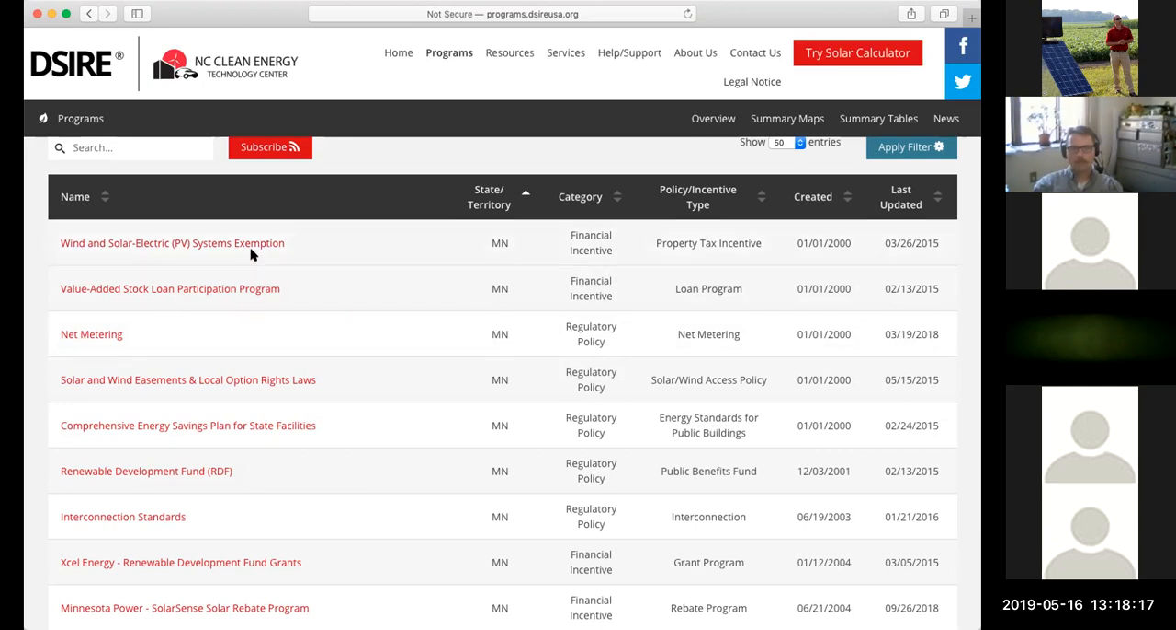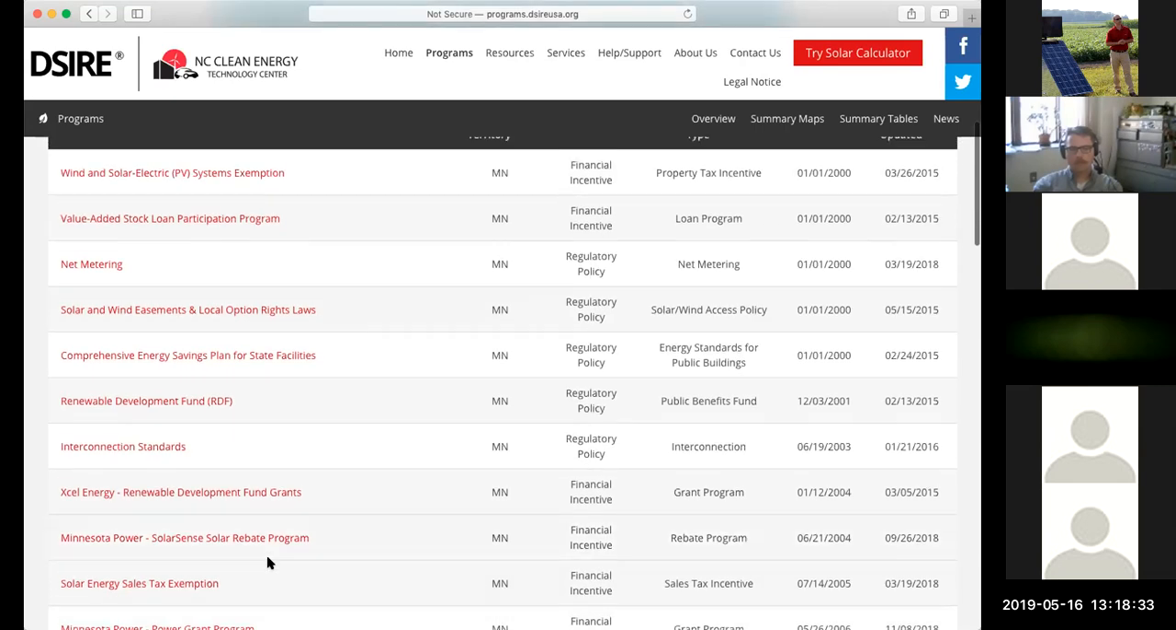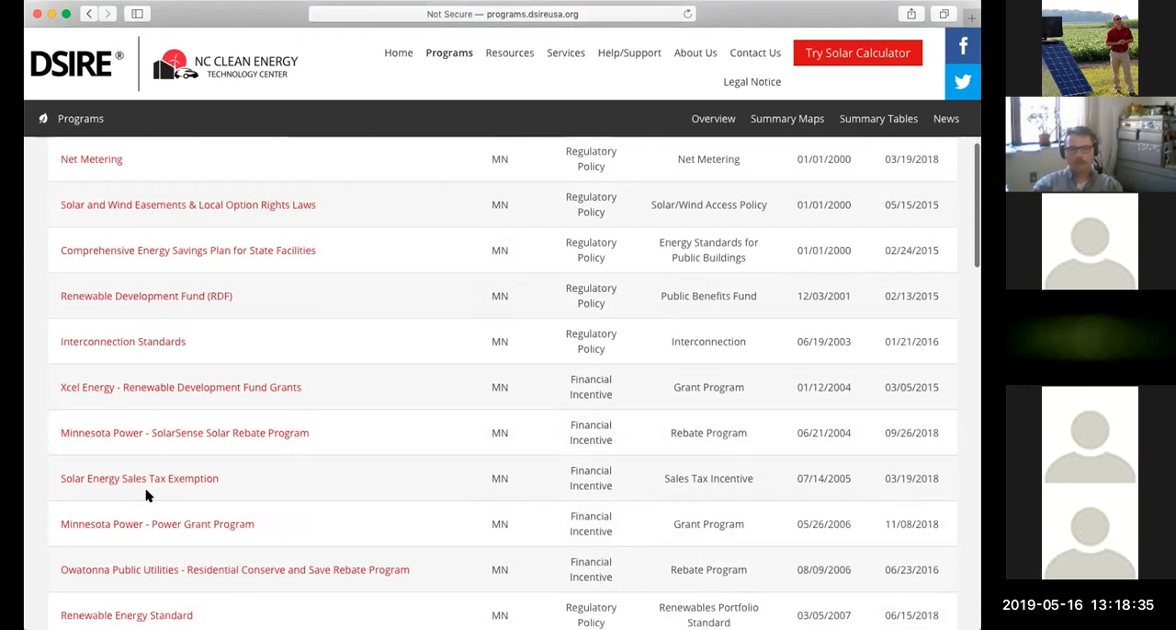You can see here we have a property tax incentive up top that's going to talk about our property tax exemptions. I believe I saw a sales tax incentive. So we talked about this in week 2 as well. You can see there's the details on Minnesota sales tax. And the thing I like with these is you can click on these and